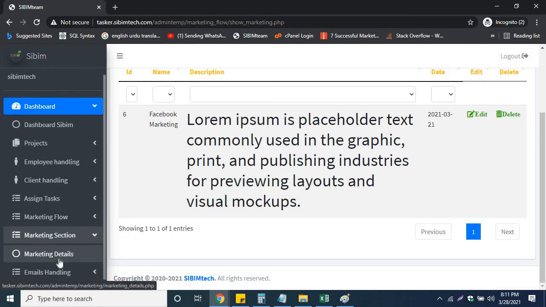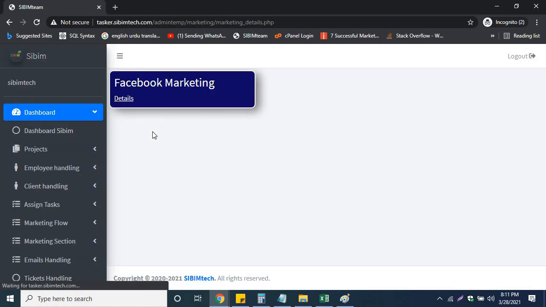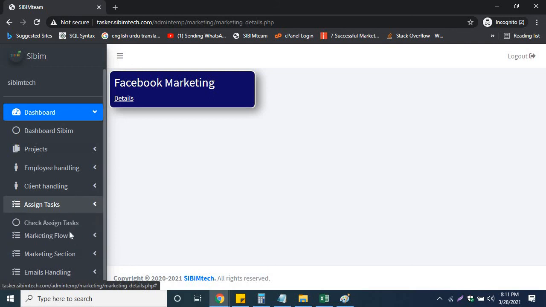Yes, when you see the client assigned tasks and check this, it will look like this: the employee name and how many tasks are in progress, like this blue box. In this section you can see that.